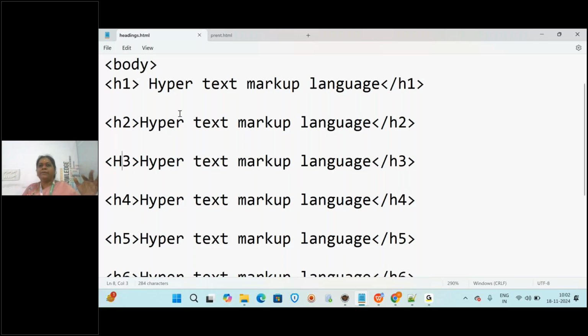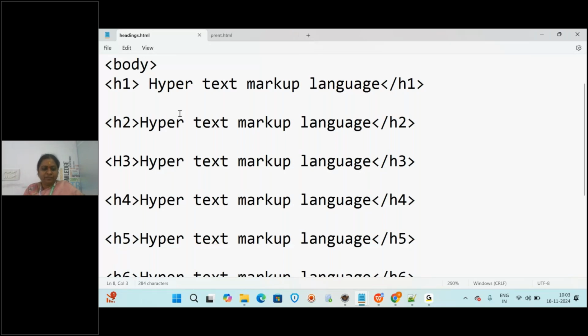So how to remember that? I will give a list for you. In tomorrow's session or in the coming session, I will give the list of block level and the list of inline tags. So while practicing day by day, you will remember what is block level and what is inline. You will easily remember. Block level tag means any tag, if it is block level, it will start with a new line. Inline tags will be in the same line.